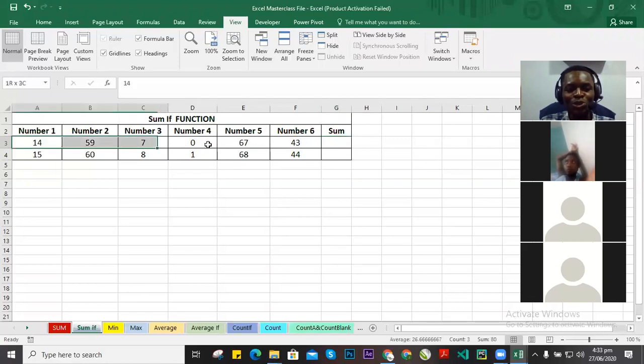I want to sum only those numbers that are greater than what? Than 40. So what do I do? I will use the SUMIF function, because if I use the SUM function, it will sum all the numbers. Or if I use only the SUM function, it might be very, very tedious for me, trying to look at